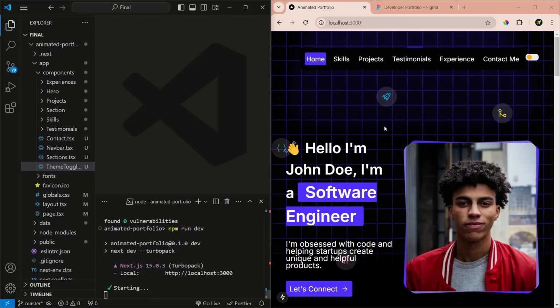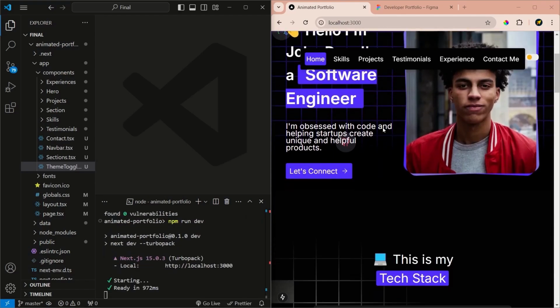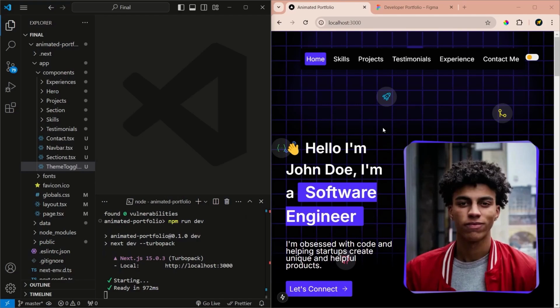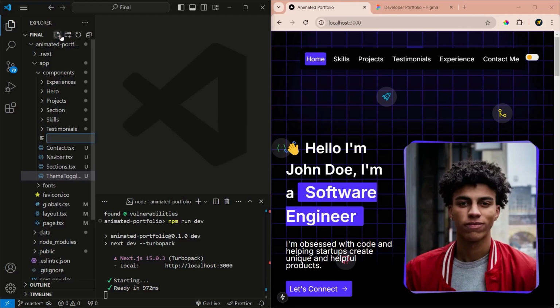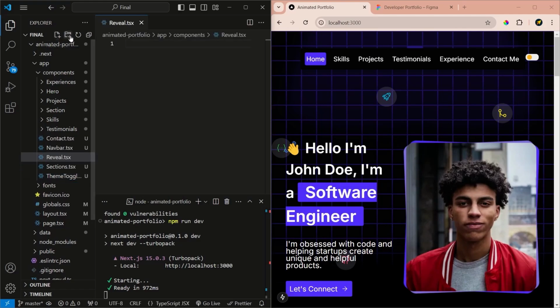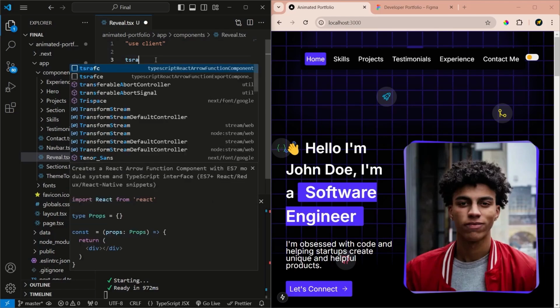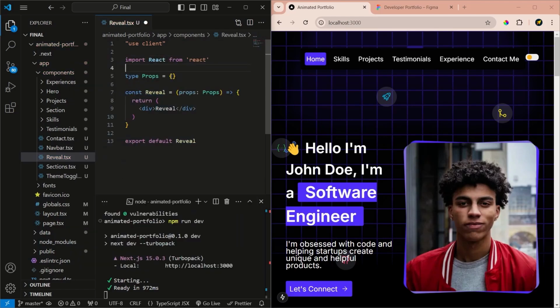And now we'll be needing to add a lot of animations where a particular element, once it comes into the screen, it animates from a certain direction. So let's make a utility component for that and we can wrap anything we want inside that. So we'll make reveal.tsx. Now right off the bat, it'll need to be use client and let's do tsrafce. The props for this will be